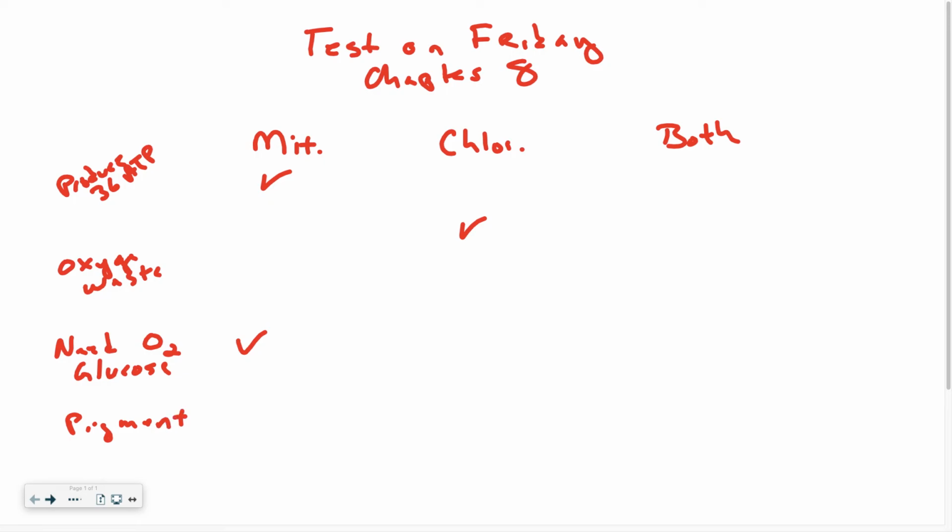Pigment. That would be chloroplasts. Chlorophyll, the most common one, carotenoids, or others we discussed. And the last one we'll go over is